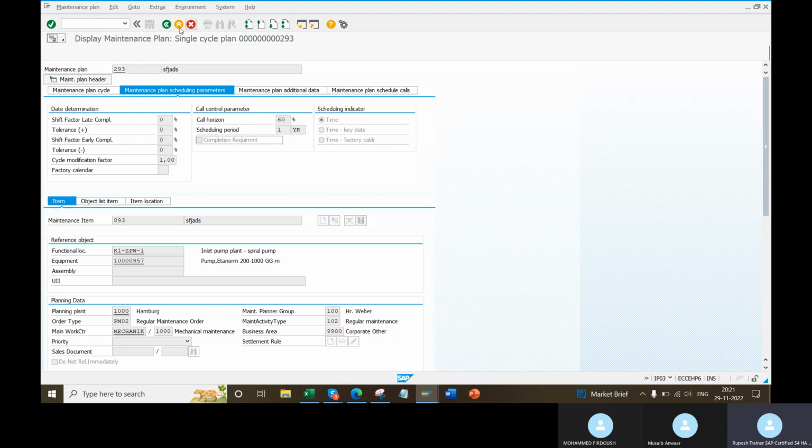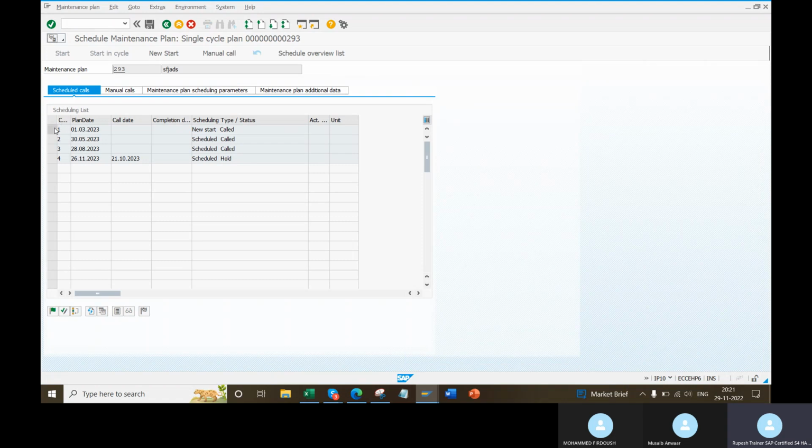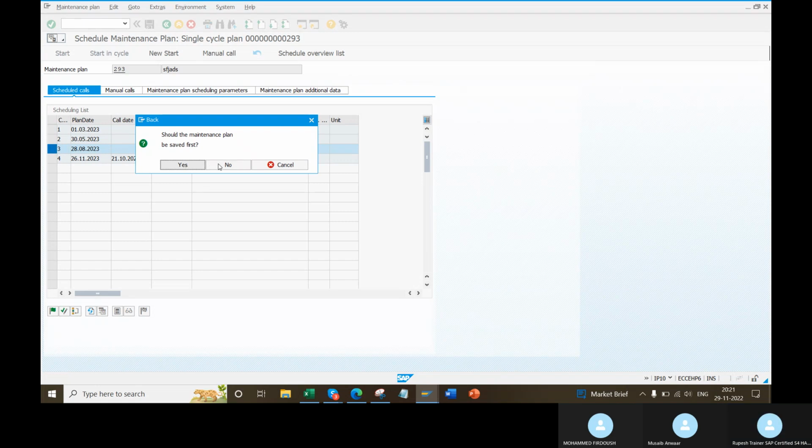Completion requirement. Completion requirement means if this call is completed, then only the next call will generate. If the call is not completed, the work order is not completed, the next call will not generate. That is the completion requirement.